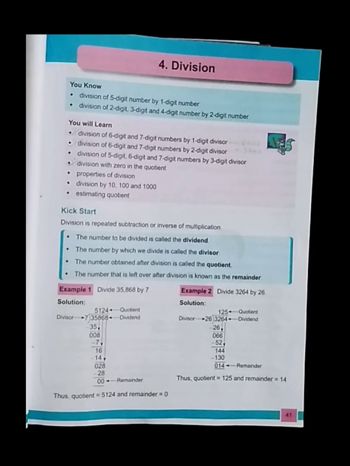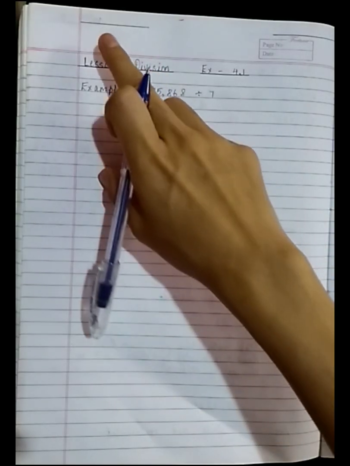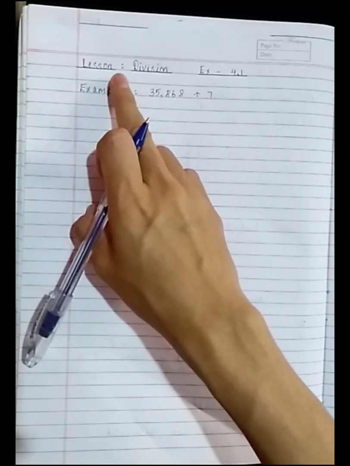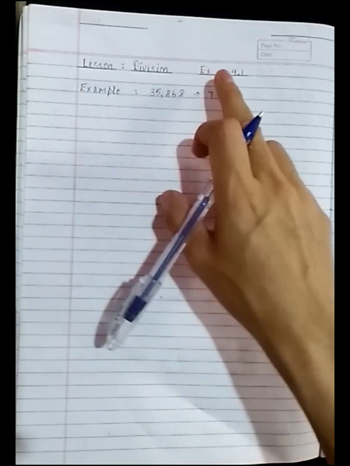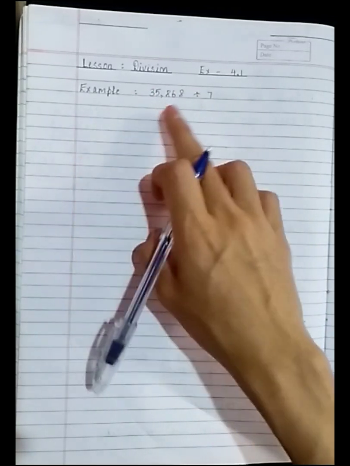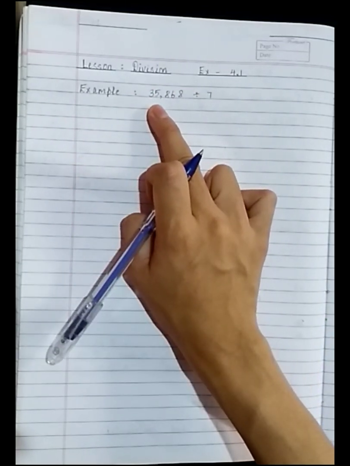Let me give you an example of how to divide a 5-digit number by a 1-digit number. Draw 2 lines for your name and for today's date. Write lesson, division, and write exercise 4.1. Write example. In the example, we have